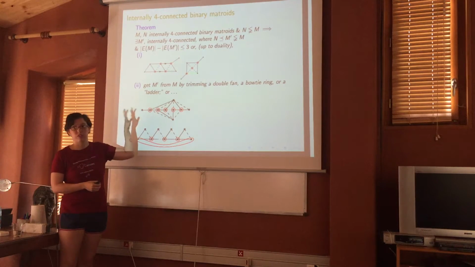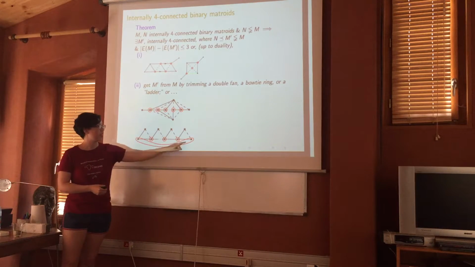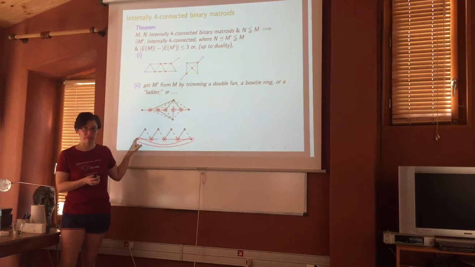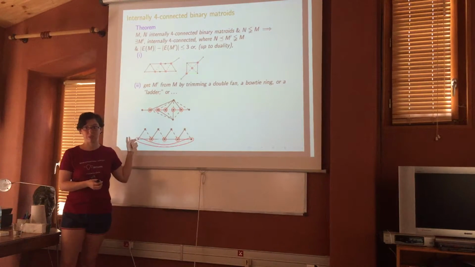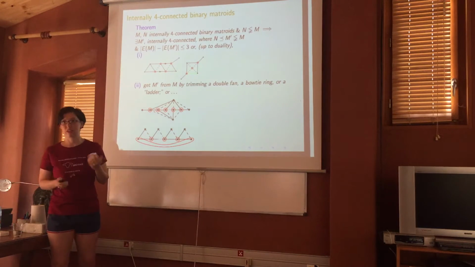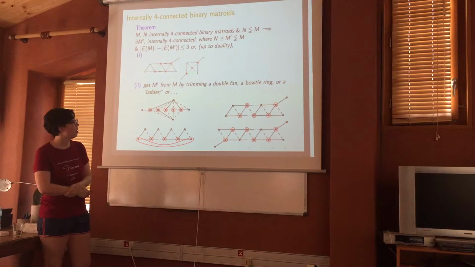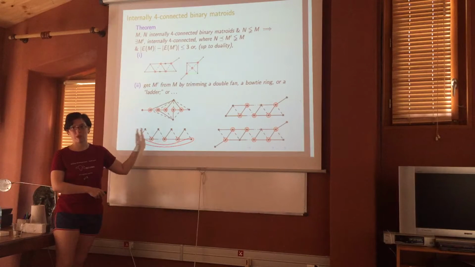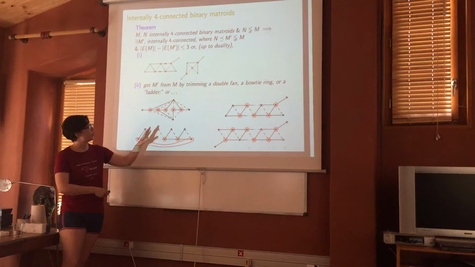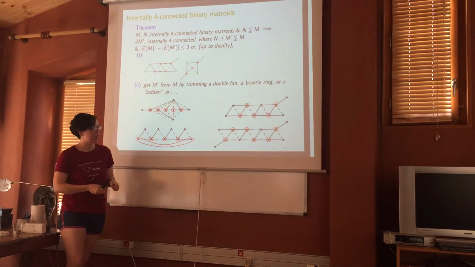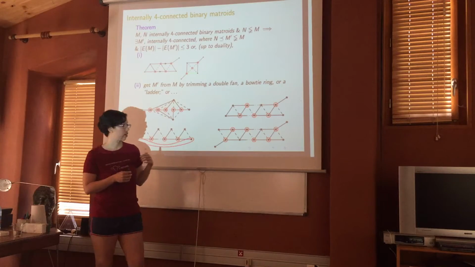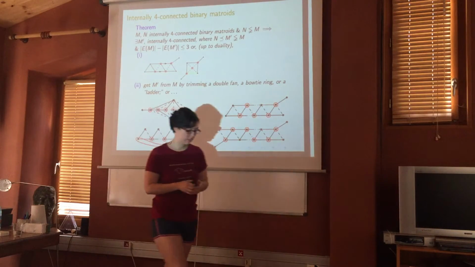In the graph case, if we're starting with an internally 4-connected graph, then this actually does become a cycle. These bottom edges form a cycle because these vertices have to be the same. But in the binary case, it's not true. So this is trimming a double fan. This is the bow tie ring, and you trim it by removing an edge from each triangle. And you trim a ladder, with quotes around it. So if you have one of these structures in M, then preserving your N minor and internal 4 connectivity